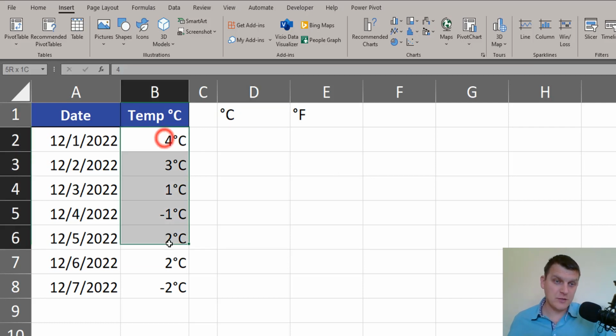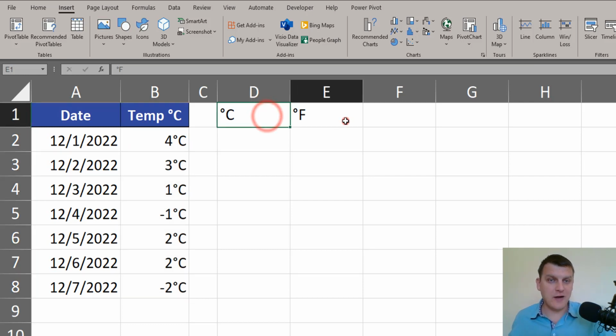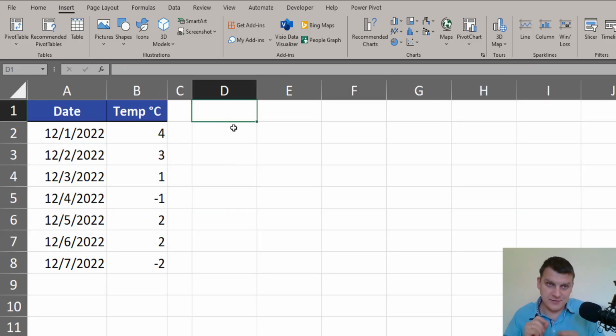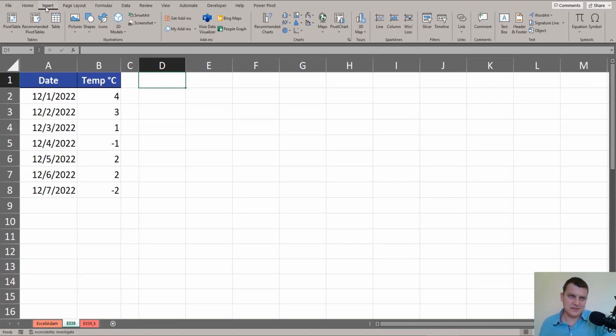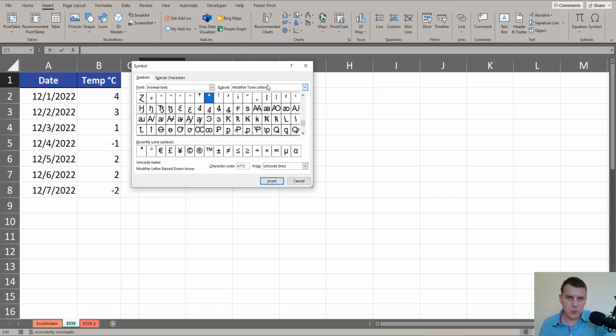Sometimes we add degree to our numbers. So we, for example, want to show temperature in Celsius or Fahrenheit. And the first thing we have to do is insert the degree sign. We can copy it from the internet, or from the Insert tab we can choose the Symbol command, and here we want to